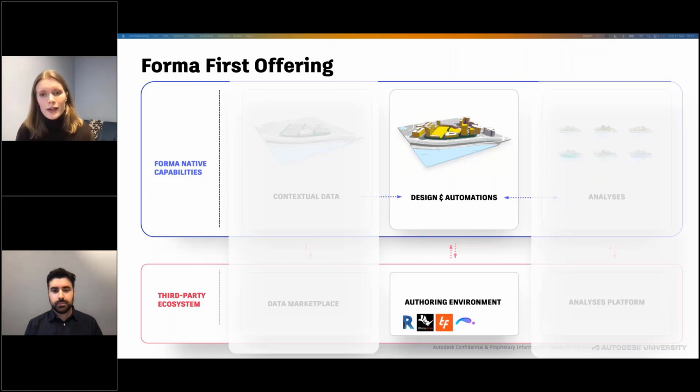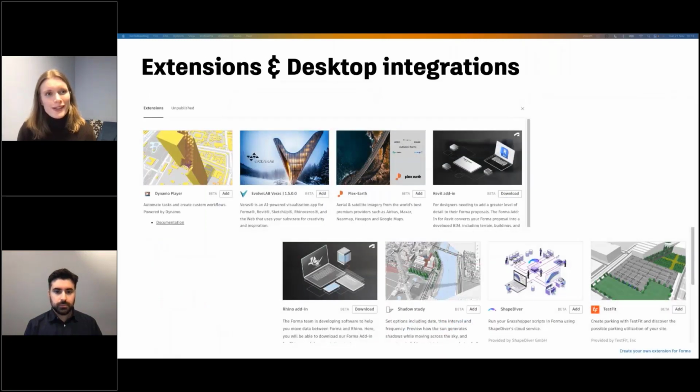And in addition, we have several third parties who also offer their design functionality through the software. Here you can see those extensions and desktop integrations that exist currently. I won't go through all of these, but you do have the Revit and Rhino add-ins, as I mentioned. In addition, you have the test fit parking generator and a ShapeDiver building generator that runs on Grasshopper scripts to create mesh buildings. As of recently, there's also a Dynamo player where you can run Dynamo scripts from Forma,